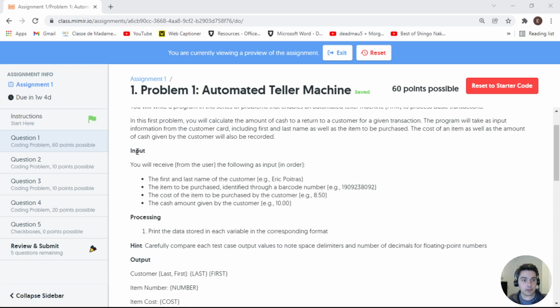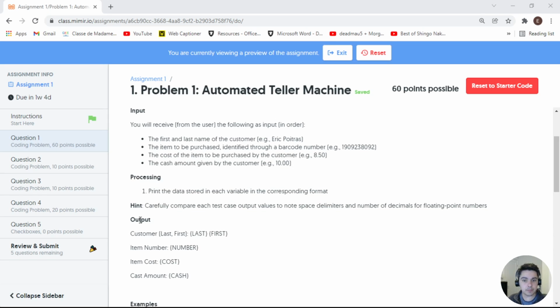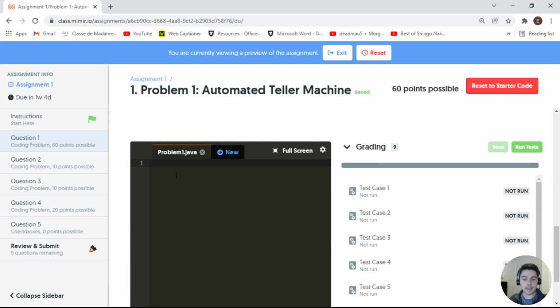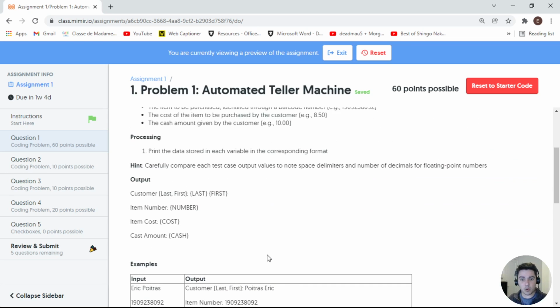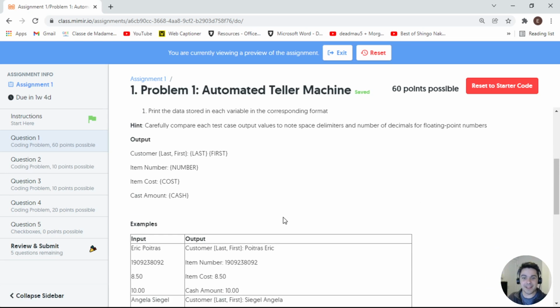Carefully take a look at the details in the input, the processing task, any hints that are featured, and then finally the output. Rereading the problem prompt multiple times before you actually jump to write your code at the very bottom and taking notes will help you make sure that you don't forget that information once you start writing your code. It's very easy to forget once you start focusing on all the details that are involved in getting the syntax right. And by the time that you've forgotten, you might have to constantly scroll back up and down and back up and down as you're getting answers to questions and working your way